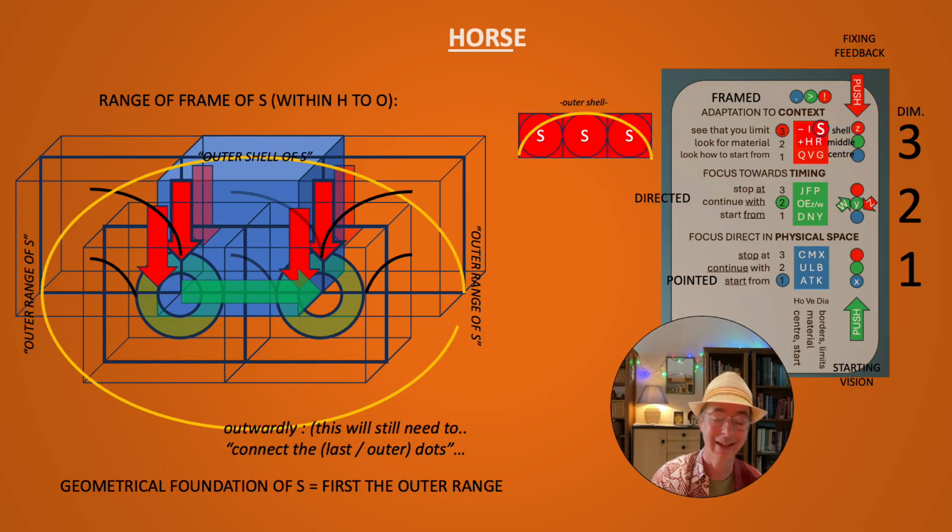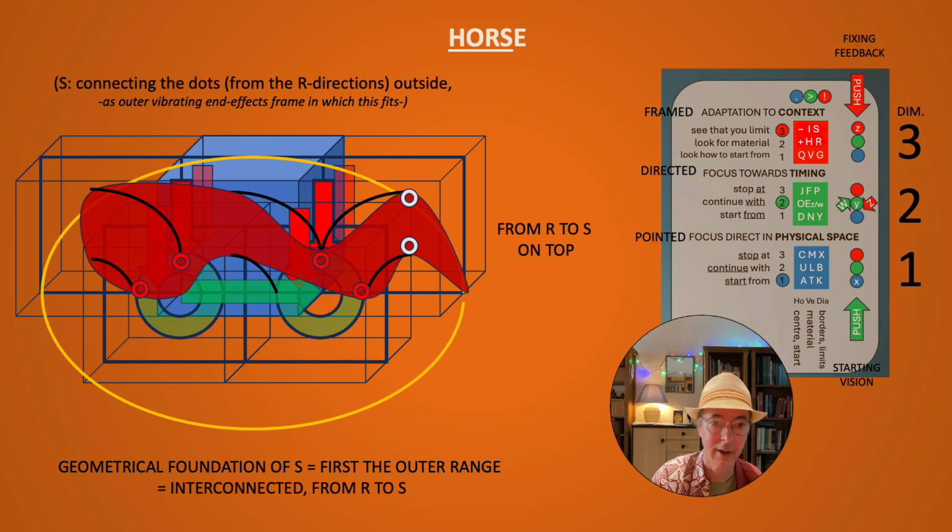The S will, what will you do? Again, difficult thing. Within the zones of 3, I have the outer shell, so I'll put the outer shell, and this outer shell has to be connected. The connection points from R, if I connect all of them and I connect again and make an outer shell, what did I see there? I have, funny enough, a form that I can make very easily near to what my horse body will show.